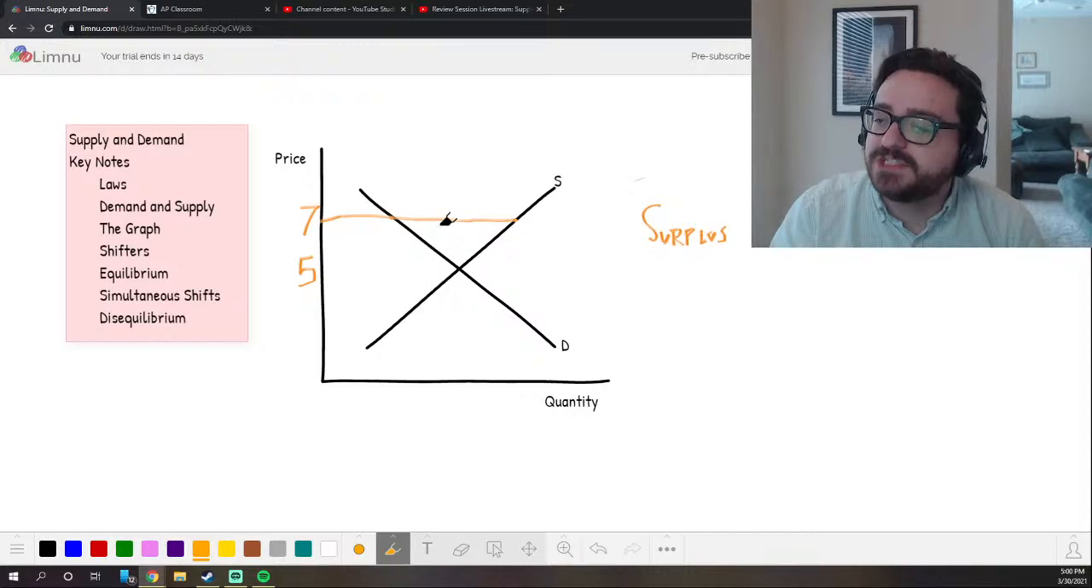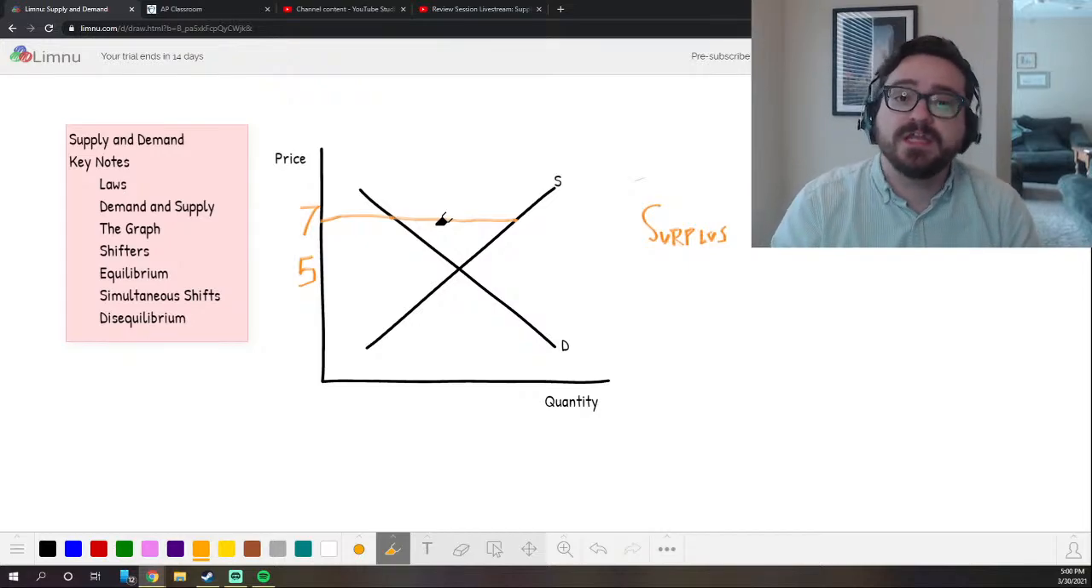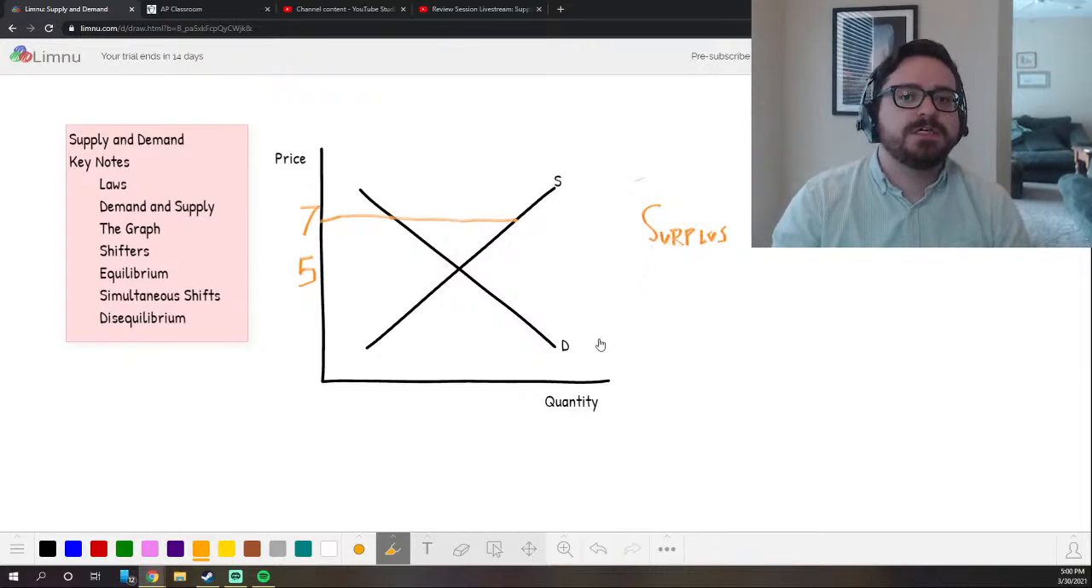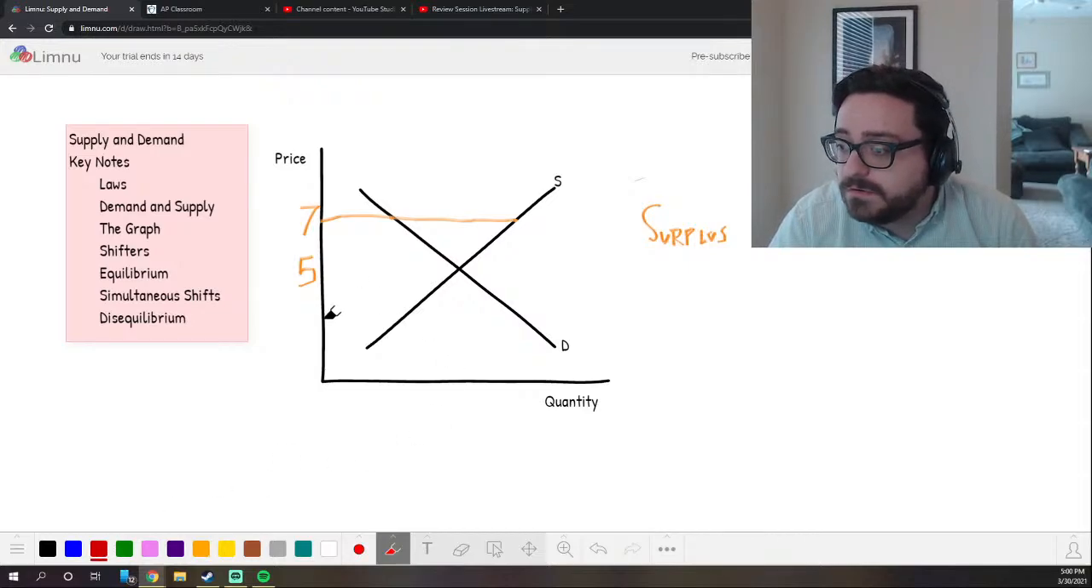If the price is too high, think about who that benefits. The businesses would like that. It's okay, so people wouldn't? Great. If the price is too high and we don't want it, there's going to be a bunch of it left over. That would be a surplus. Price is too high, you get a surplus. If the price is too low,